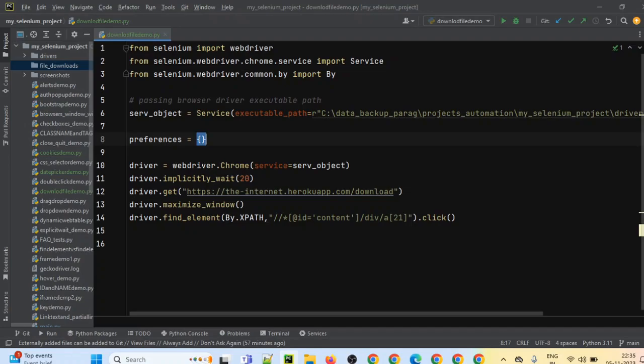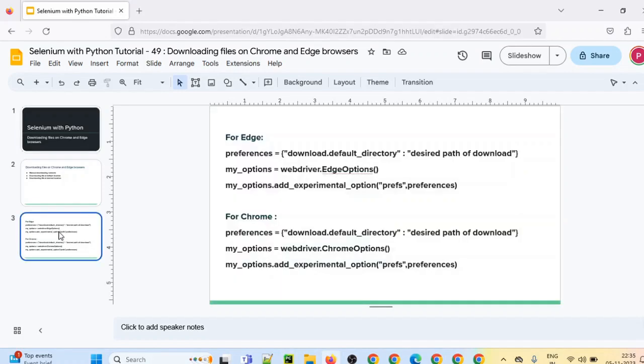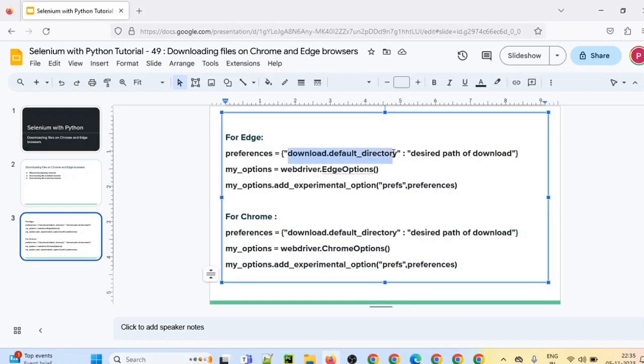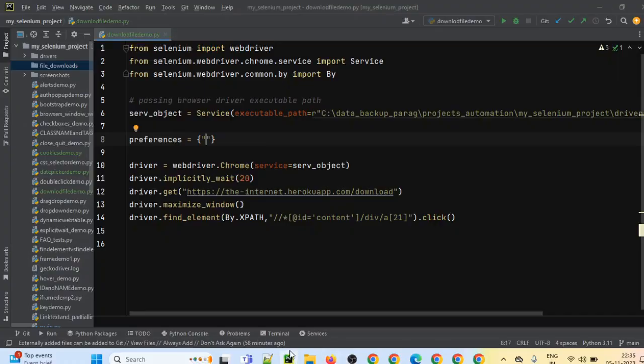Within this curly bracket, I'm going to add one line. A dictionary contains keys and values. We know that the dictionary data type contains keys and values. In this, we are going to add one line for Chrome. If you are using Chrome, we are going to write download.default_directory. This is the key which we are going to provide. So here we have to provide download.default_directory as the key, and for that